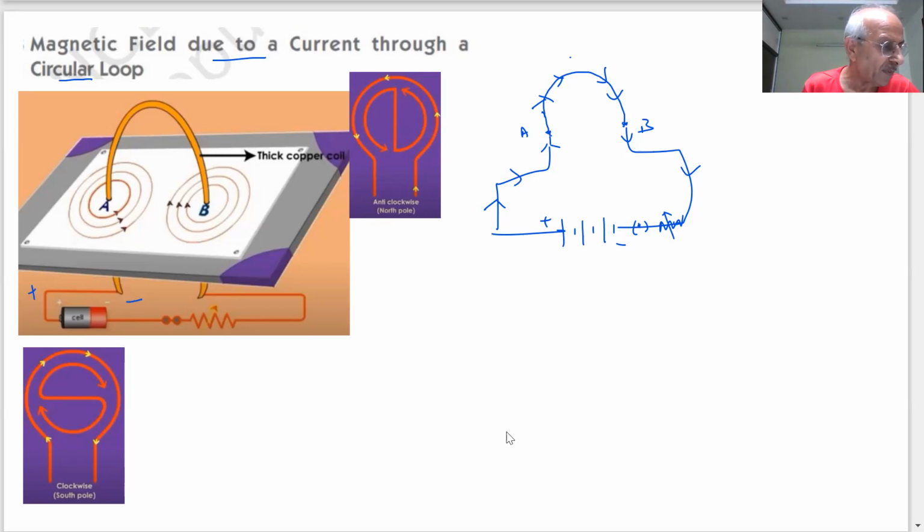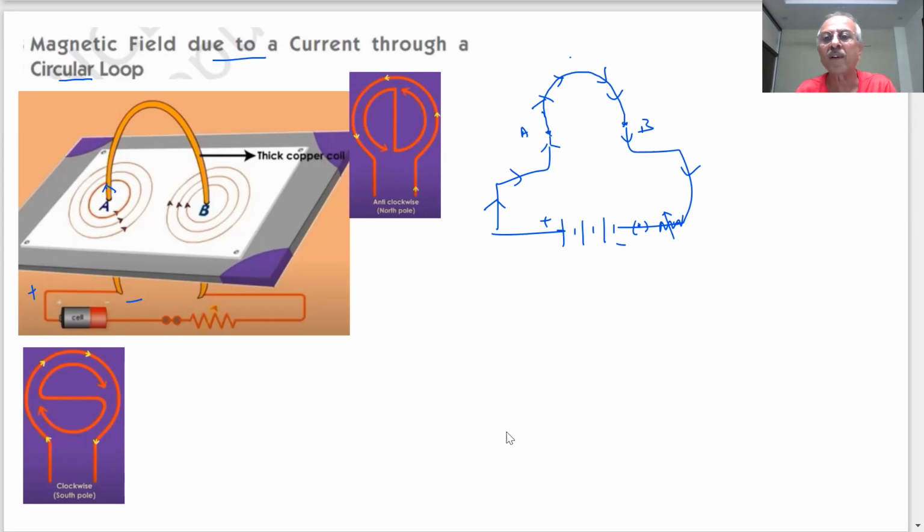What are you doing? You can use iron filings. They will arrange in concentric circles. As you can see here, the current is moving in this direction. And what will be the lines? The magnetic direction of this is shown by the arrows. And here the direction of the current is reversed. As you can see, current is going in this direction.